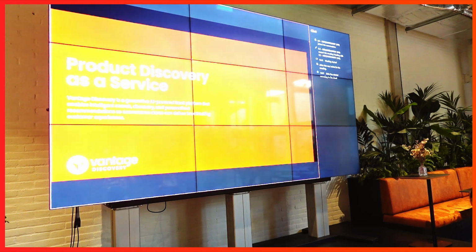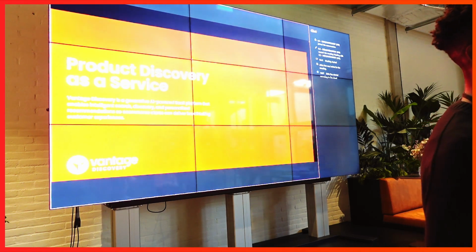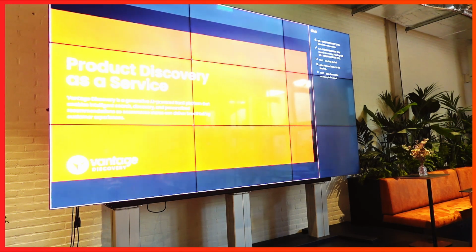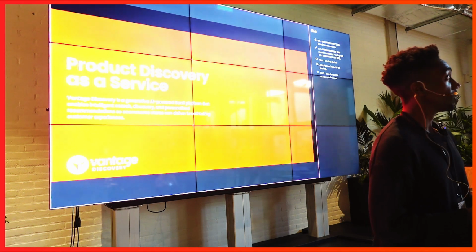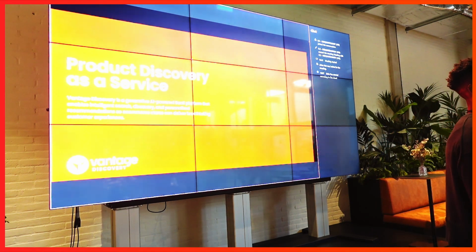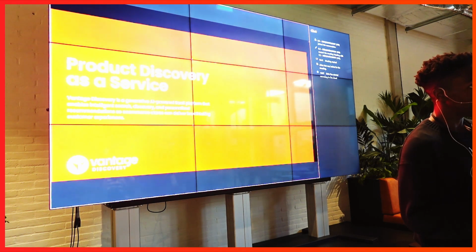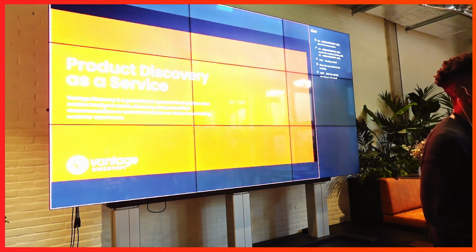Okay, so Vantage Discovery was started by 2 folks, Lance and Nigel. Lance was actually one of the pioneers of search. He was one of the foundational engineers who built Yahoo Search back in the early 90s. And since then, he's built about 3 or 4 search engines. He built one at Overture, built one at Verity,